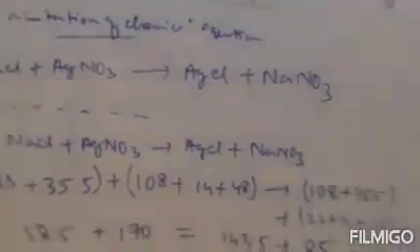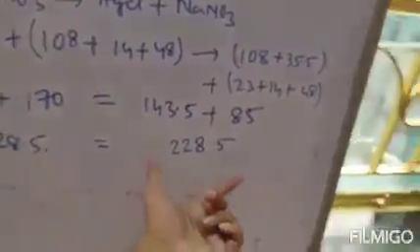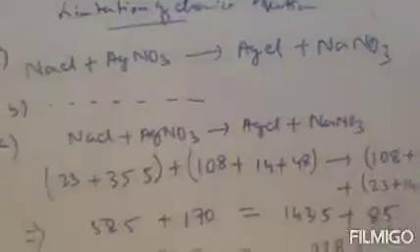As the law, that is law of conservation of mass, is satisfied by the equation, therefore the weight of both the reactants and weight of both the products is balanced. It means you cannot create a molecule or cannot create an atom, or you cannot destroy any atom in the course of given chemical reaction. Clear? So this is the question. The question is complete. Exercise 1C, question 3.